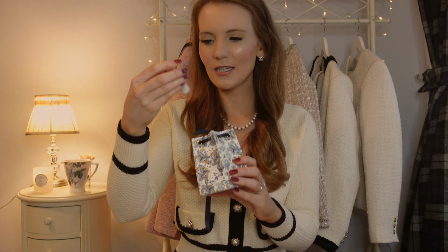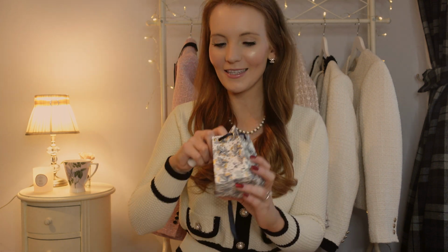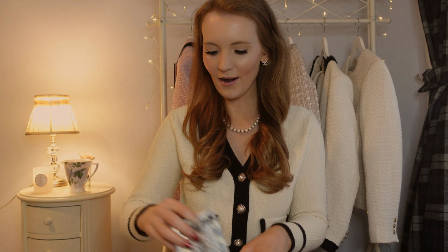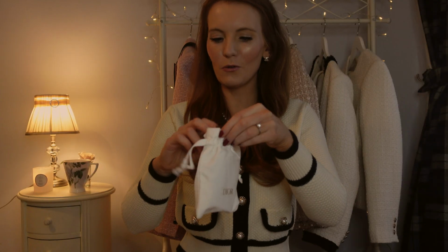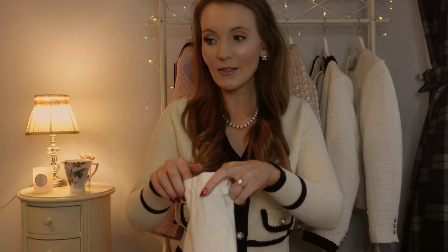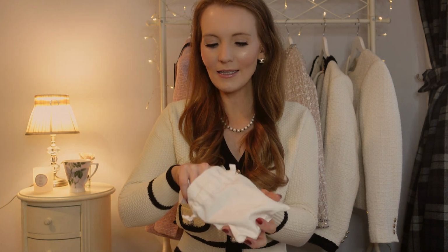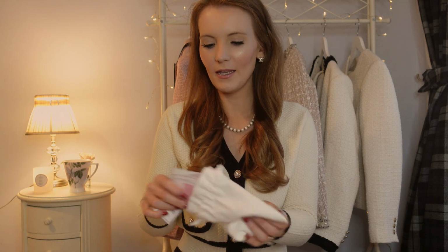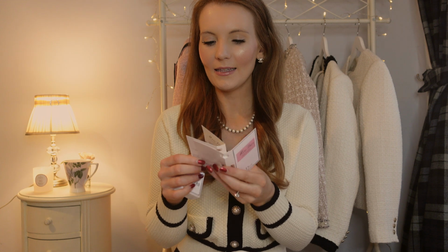So this is a sample of the Capture Total, which I'm going to come back to. So that's in there, and then there was also this little drawstring bag. My sister said if you order online, they just had these options to add this. So definitely something to keep in mind, because I don't think in store you always get as many. They popped in two samples of the other perfumes. So there's, oh, I forgot the Rose and Roses one, and the Eau de Parfum of this one, and